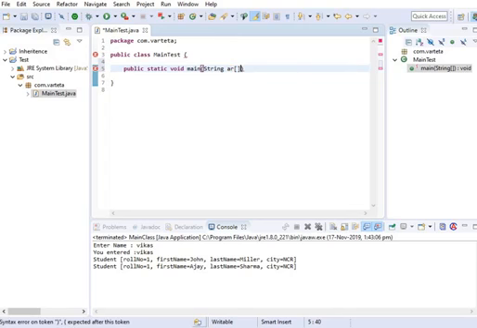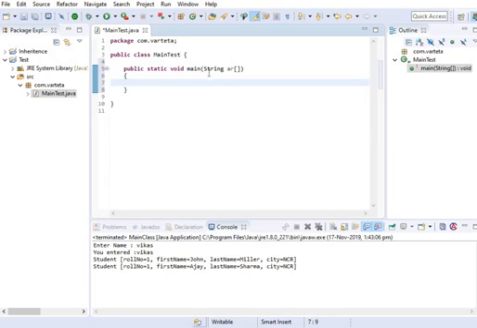Be careful while you are creating the main method in the class, because the class holding the main method in a Java program must be a public class.